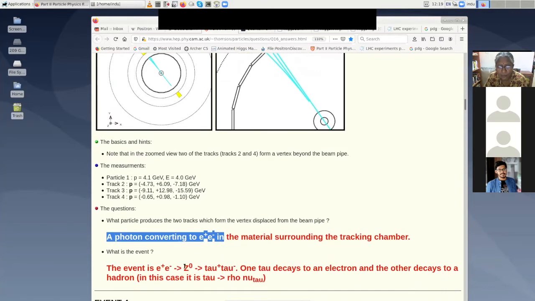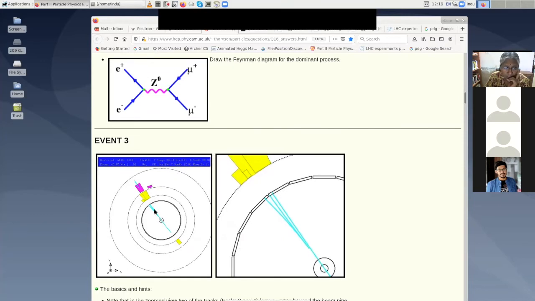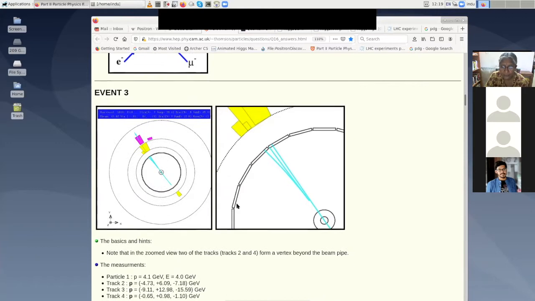You can see it's a very complicated event. Z0 goes to, exactly like I said, mu+ mu-. I can have tau+ tau-. Tau can decay into many, many things because it's a very heavy electron. So there are two taus, one tau here and one tau here. In this direction, you can see that tau has decayed into something which only gives you electron or electromagnetic energy. Here it also gives you a muon.